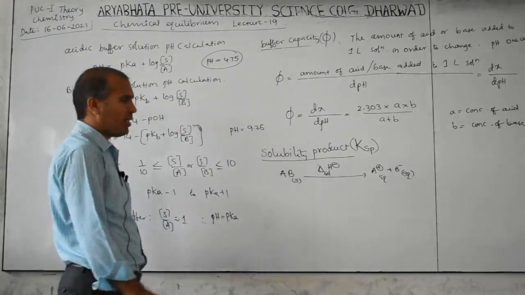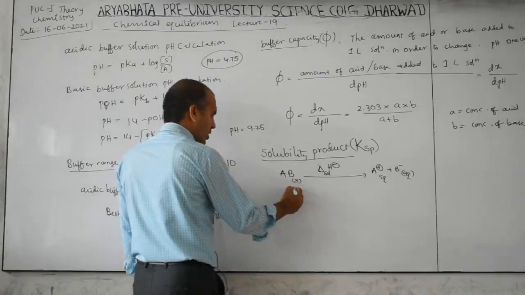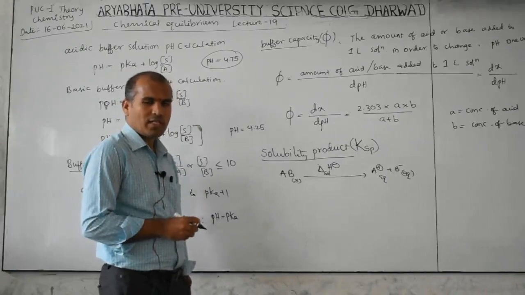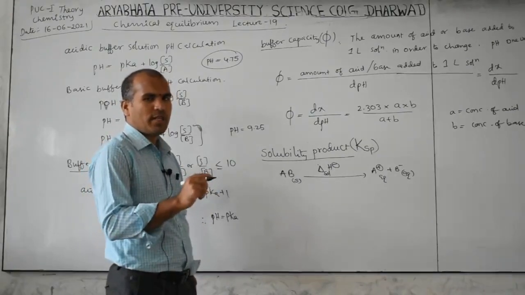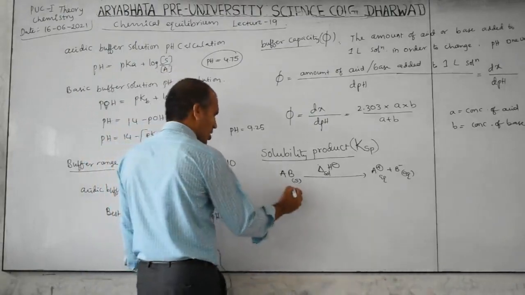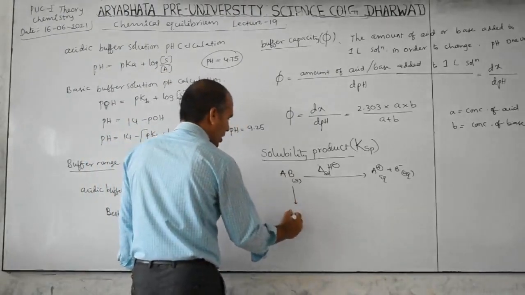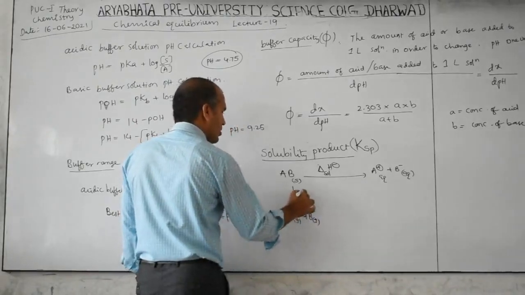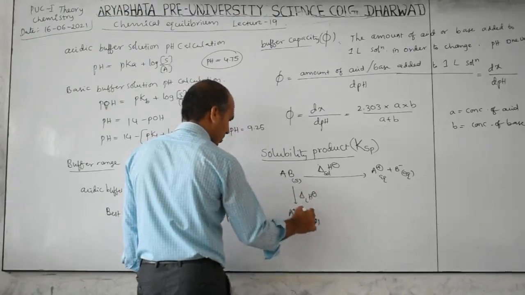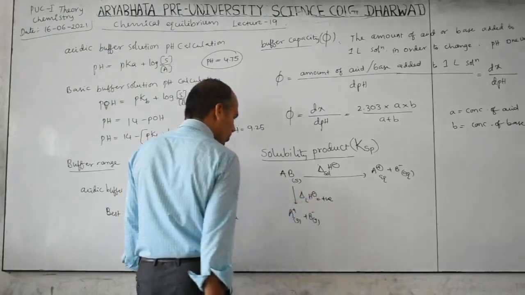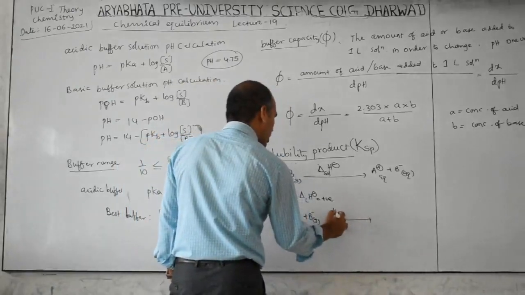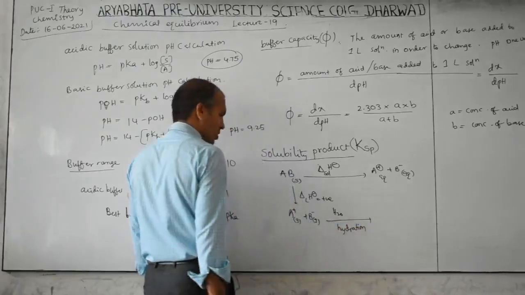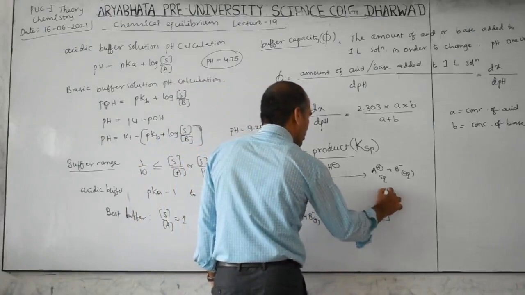This we already studied in the thermochemistry part. According to Hess's law, the change in enthalpy of a reaction is the same whether it occurs in one step or in a series of steps. So first it dissociates into A plus gas form and B minus gas form. This is called delta lattice enthalpy. Generally here it is positive. To this if we add water, this is called hydration. Therefore this will be converted like this.